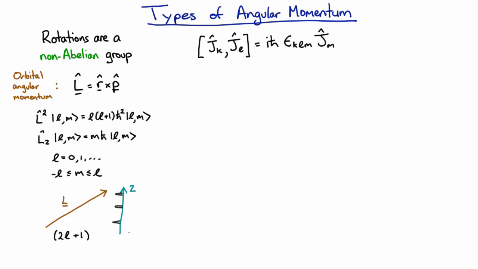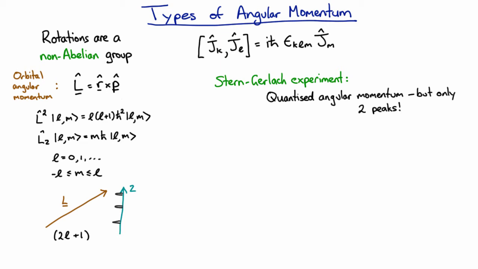Now, this quantization of angular momentum is a fairly dramatic prediction, and so of course the experiment was done. The first experiment was done by Stern and Gerlach. And they measured the magnetic moment of silver atoms, which for charged particles is proportional to the angular momentum. And they did indeed discover that it was quantized. But they found something odd, which is instead of getting an odd number of peaks, they found an even number of peaks. And having an even number of peaks was odd, because of course they expected an odd number of peaks.